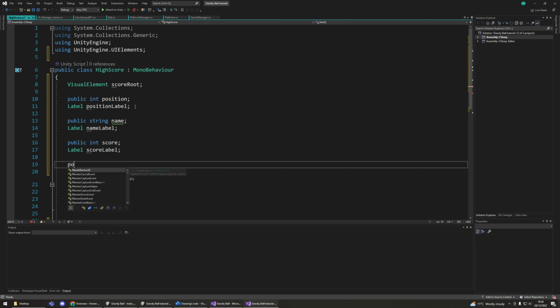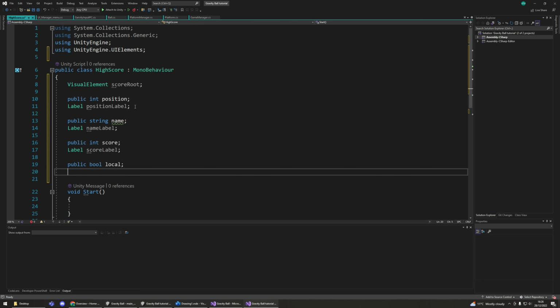Then it will be a different one. It will be a public bool local. So if it's true, that's local. If it's false, it's a global. And of course, we need to have a Texture2D for a local image and a global image. So we need to save local, I said global. So we need to have a reference to a local and a global image for each high score,